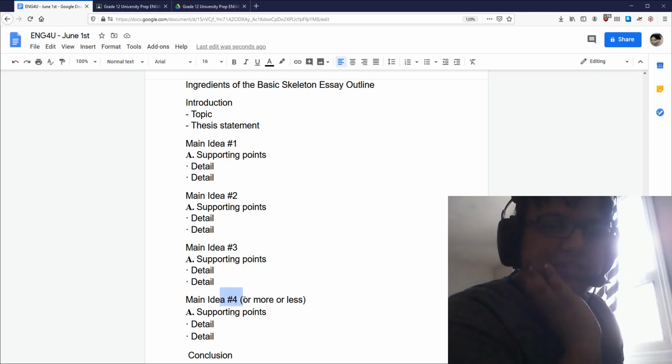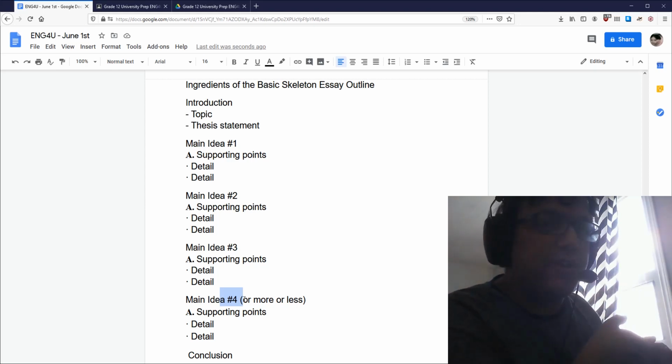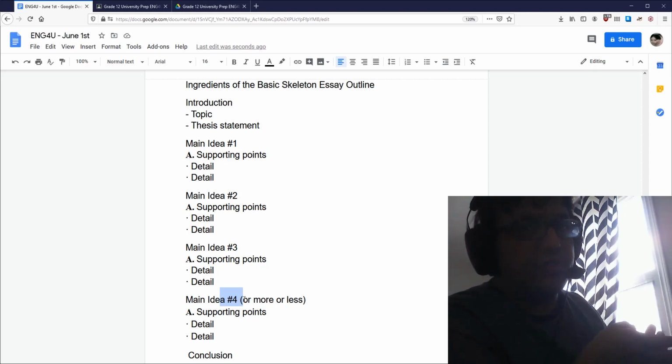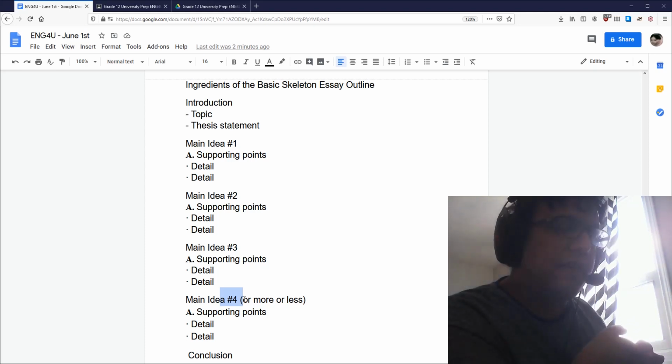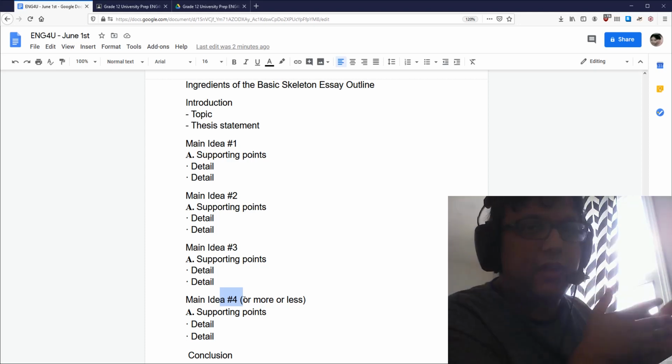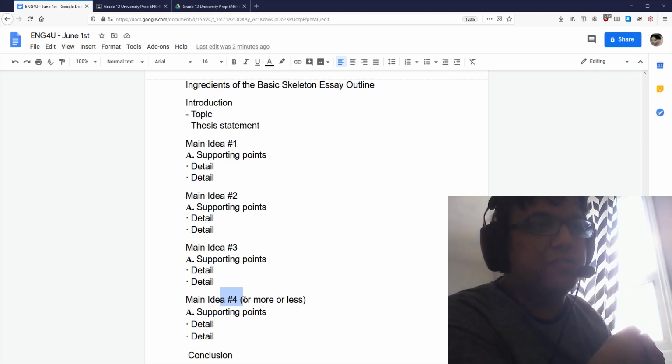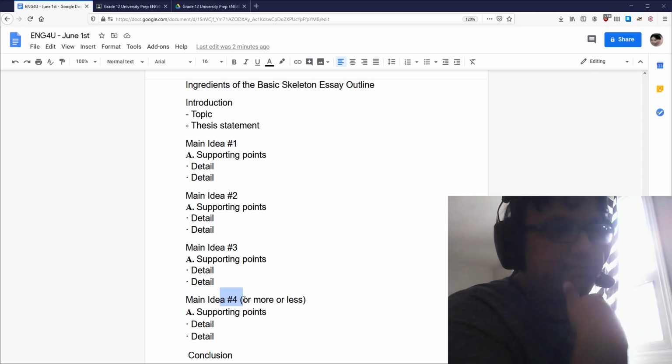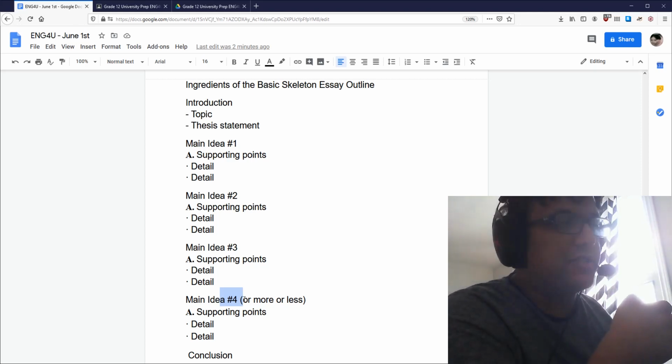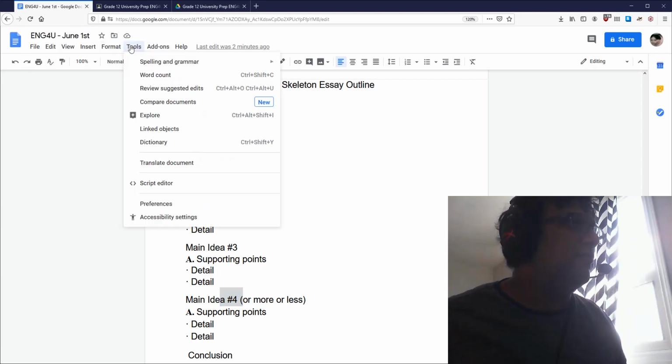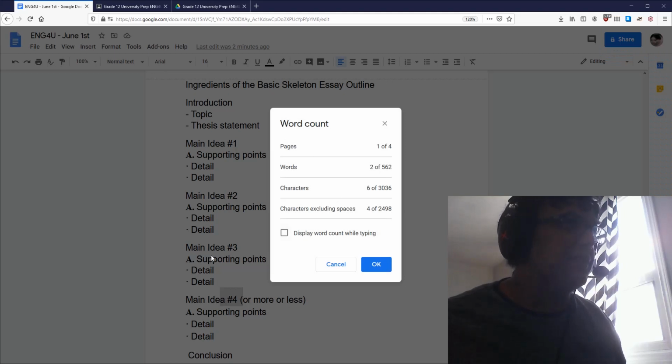Each of these main ideas are going to be a paragraph or two in your essay, right? So you're going to go into detail about each of these main ideas. You should know, by the way, that this is a 1,000-word essay, right? Which is roughly 4 pages, right? Give or take, right? 250 words in 12 font, double space, Times New Roman is going to be about a page, right? So 1,000 will be 4 pages, right? So, by the way, if you need to know what your word count is, you go to tools and you go to word count, and there it is, right?